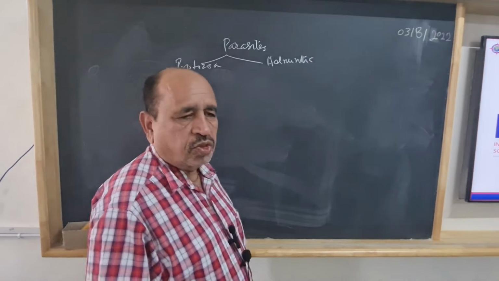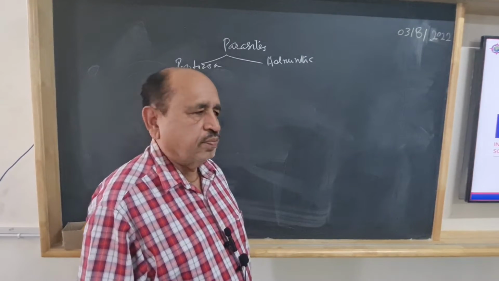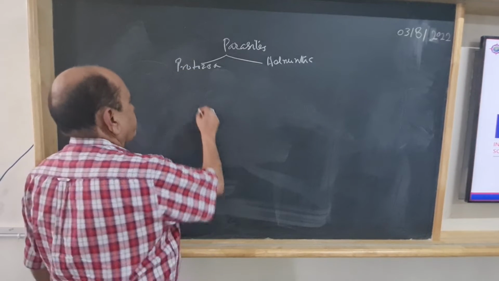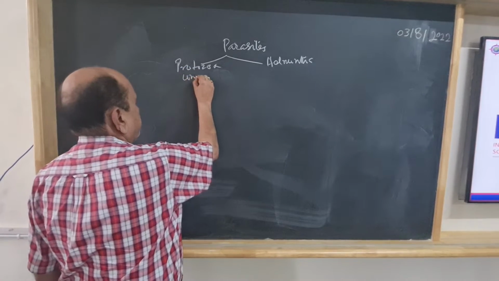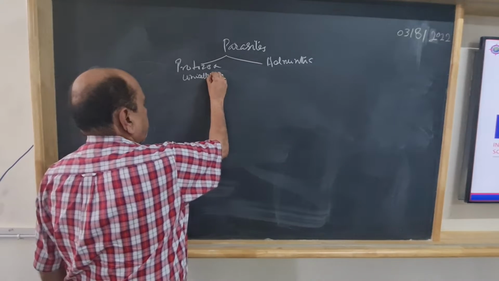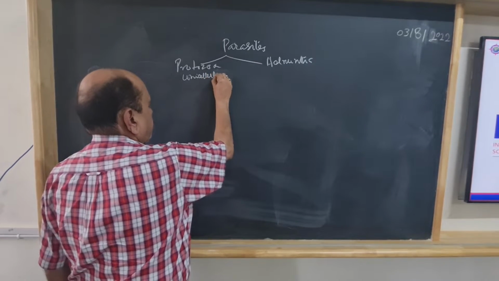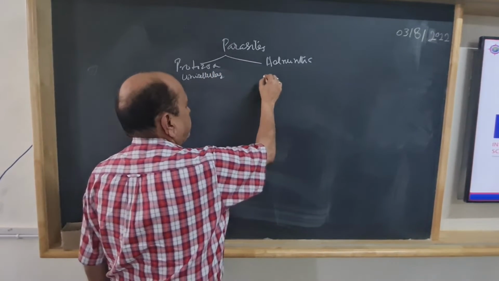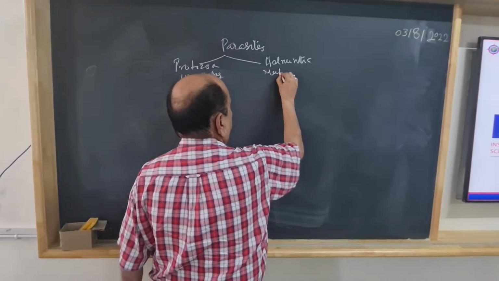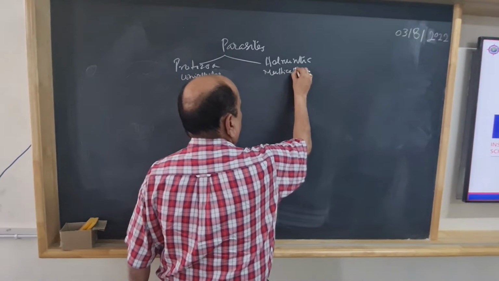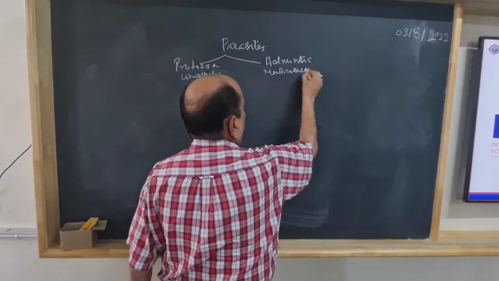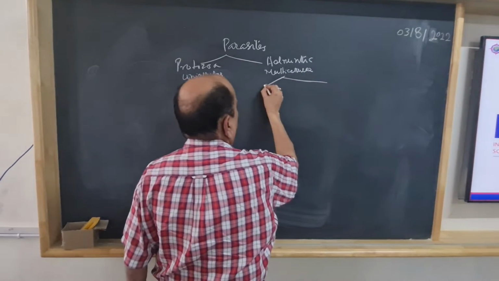Protozoa are unicellular. Helminths are multicellular. These are classified into